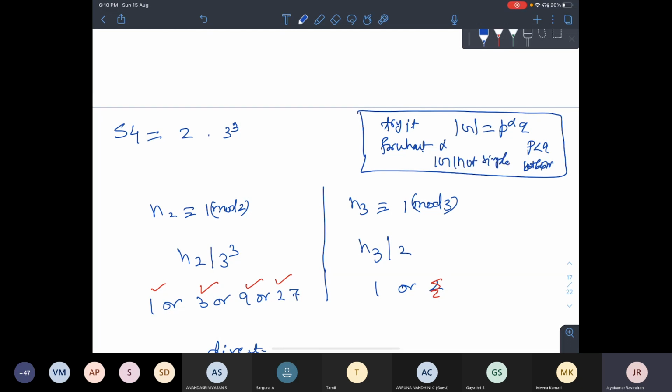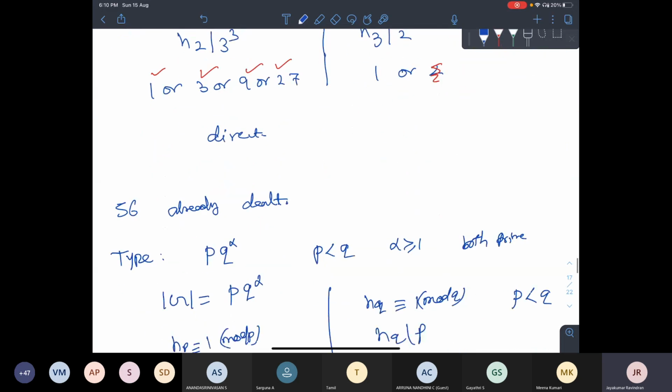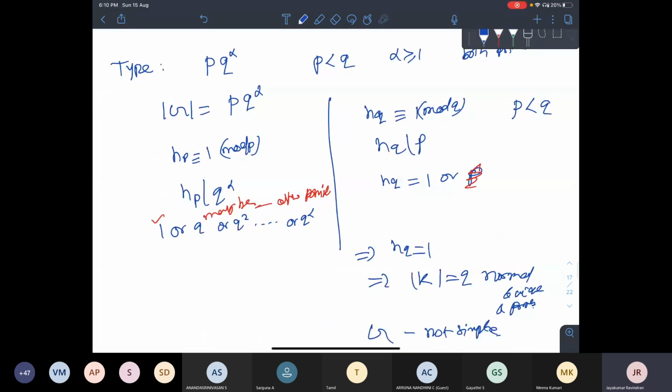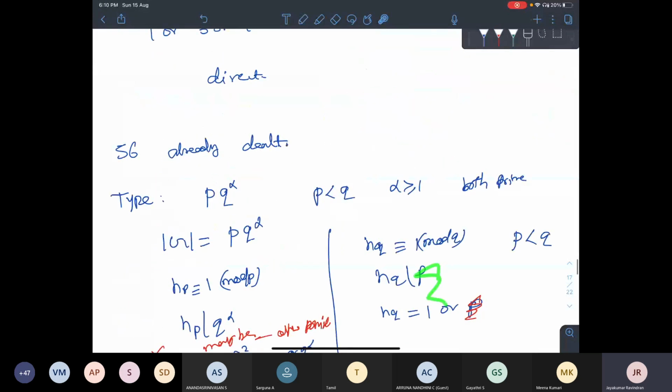Use the group action idea. You can get a condition on alpha where G is not simple. Maybe you can go for P power beta, where beta and alpha are both greater than or equal to 1, and you see for what kind of beta and alpha this can be done. You can come up with various things. This is a very nice problem so that one can really understand the group action method, or the direct method. In fact, it is more direct than group action.